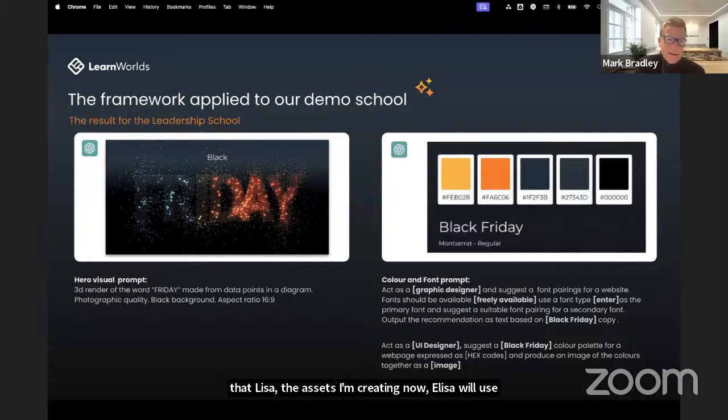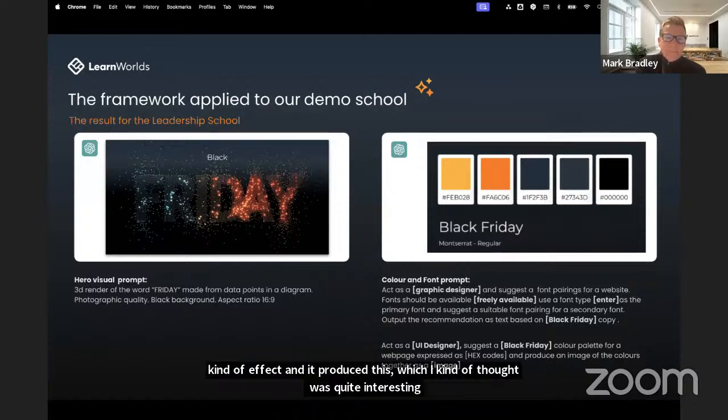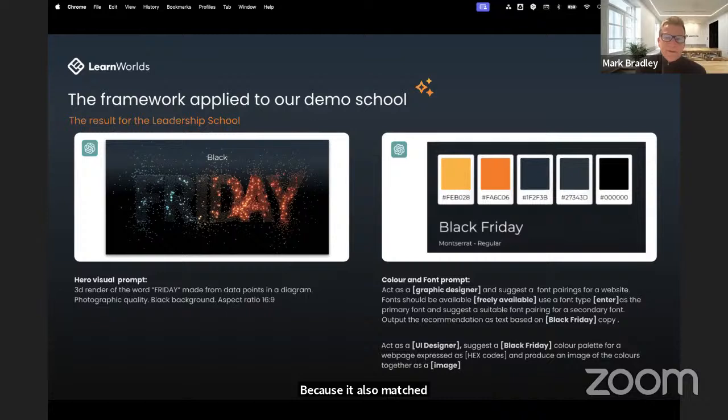So in the same Mid-Journey application, I rendered Friday made from data points because I thought it would be kind of interesting for a leadership school to have a more infographic kind of effect. And it produced this, which I thought was quite interesting, because it also matched the dark greys and the oranges that I'd asked a traditional